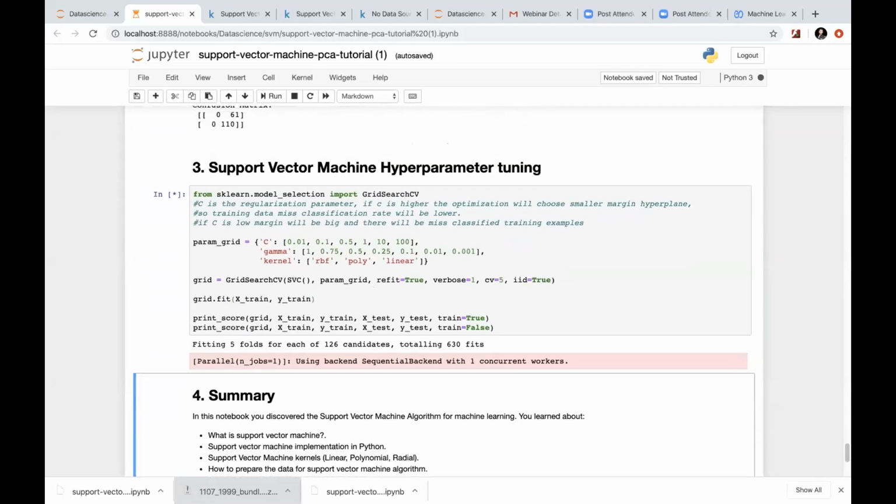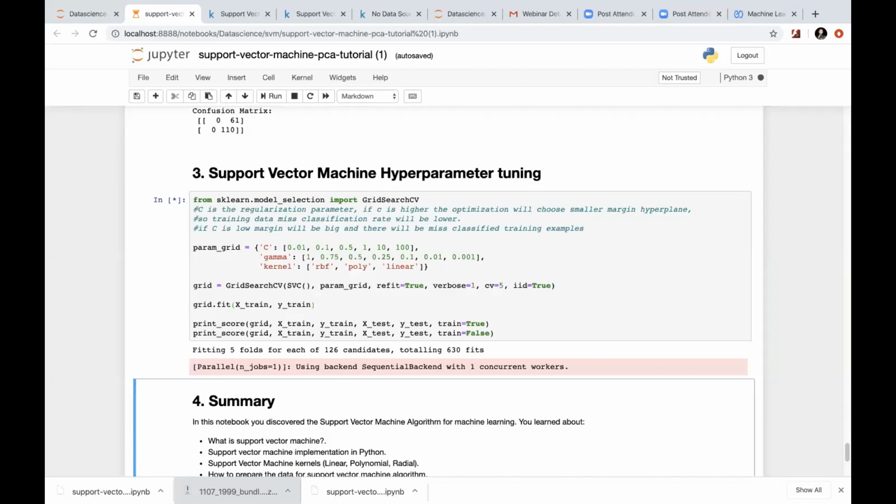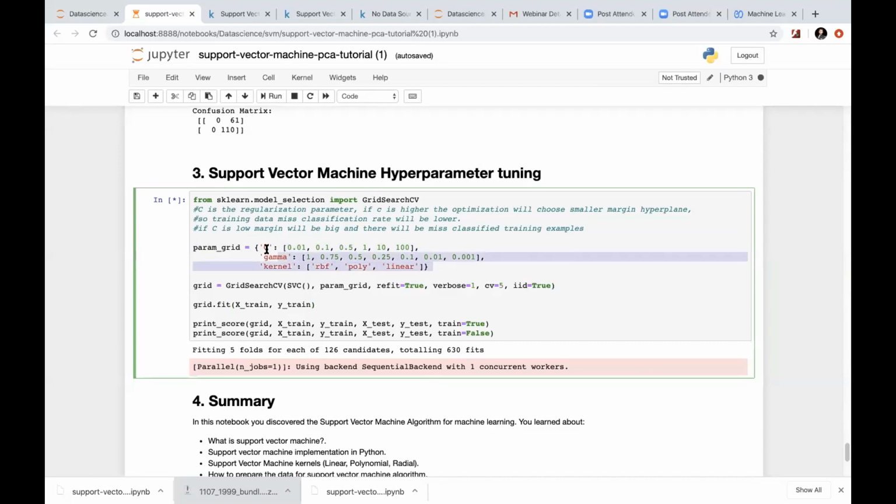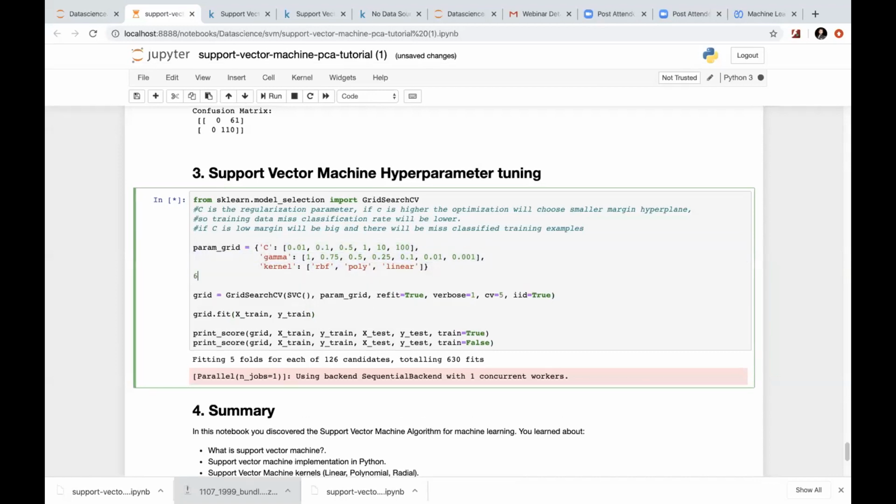So it is going to take a lot of time to give me the optimal parameters. If you see, 1, 2, 3, 4, 5, 6, we have C as 6. Then how many gamma do we have? 7 gamma, 6 into 7, and then 3. So how many times will my model get fit?